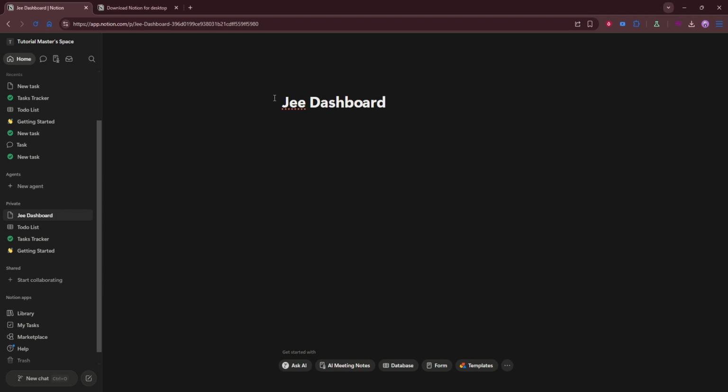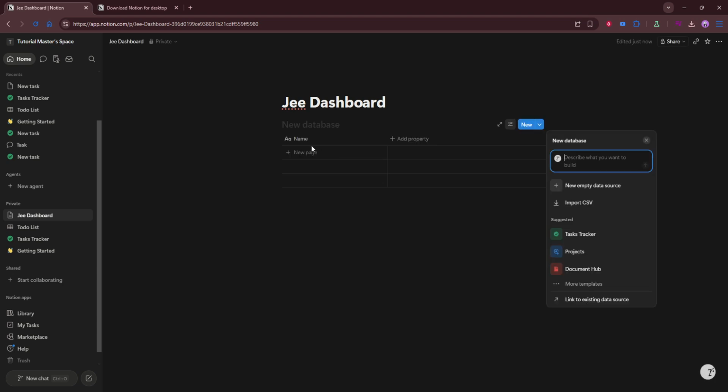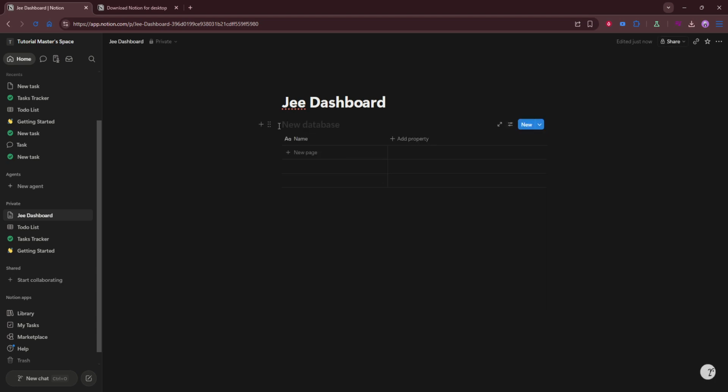Next, add sections for physics, chemistry, and mathematics. These subject areas will help you separate your preparation in a way that feels structured and intuitive. You can use headings or dividers so each subject stands out visually. This makes it easier to jump to the area you want to focus on and gives your dashboard a more